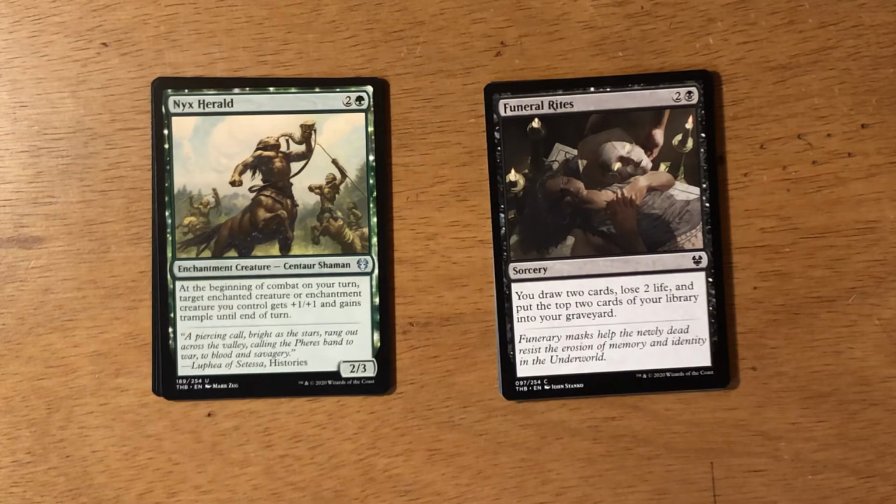Nyx Herald, 3 mana, 2 and a green, enchantment creature, Centaur Shaman. At the beginning of combat on your turn, target enchanted creature or enchantment creature you control gets +1/+1 and gains trample until end of turn. It's a 2/3. So this card did do some work. There were a lot of enchantment creatures. There were a lot of creatures that were enchanted, and being able to give one of your creatures +1/+1 and trample